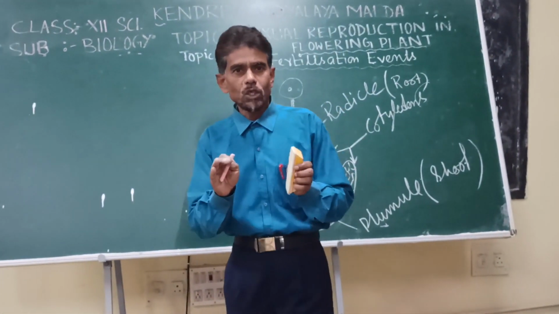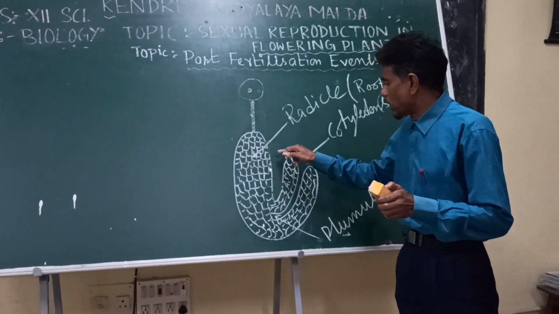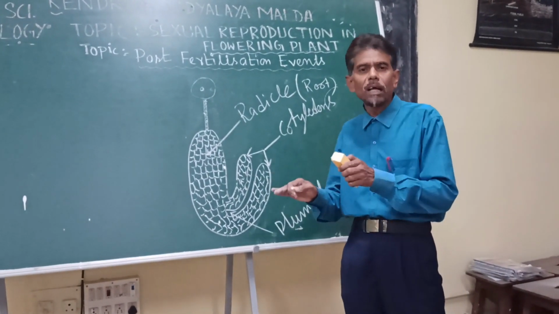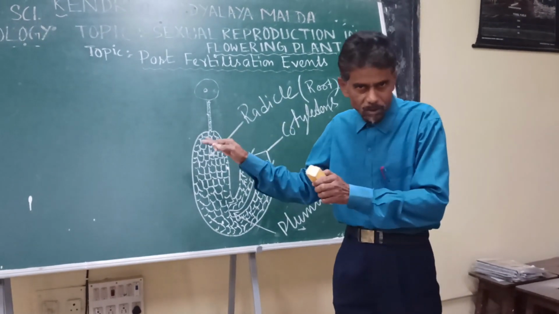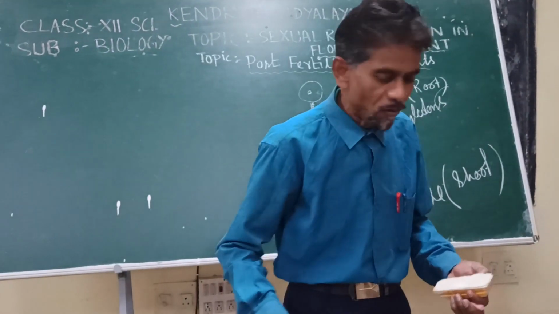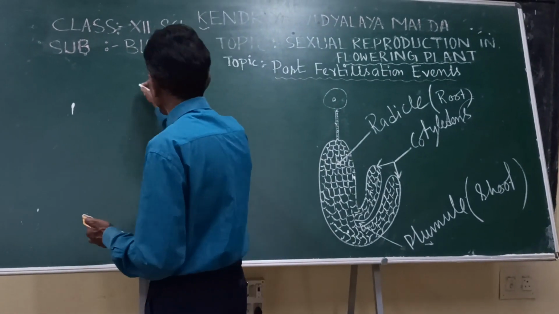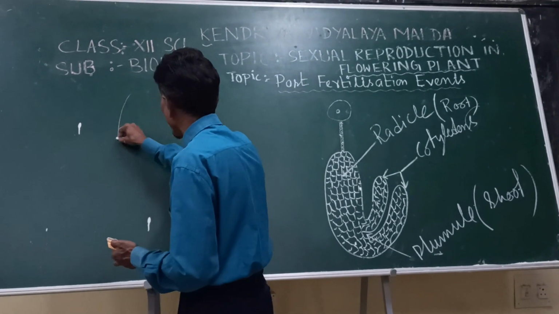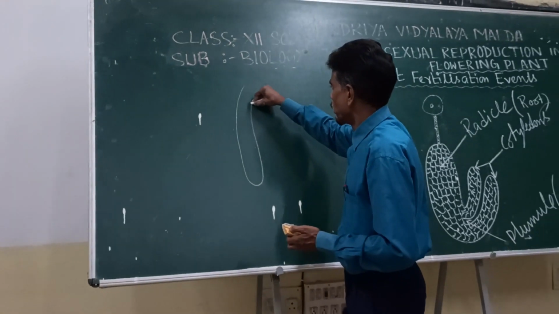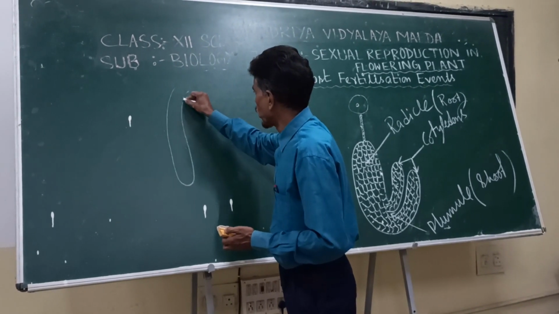So let me first talk to you about the embryo of a dicotyledon. This is the dicotyledonous embryo development, but it is still not completely mature. When it completely matures, what will be the structure of that dicotyledonous embryo? Let us see. I will draw a simplified diagram for you, so that you can also easily draw it in your examination. So by the name itself, you can think about